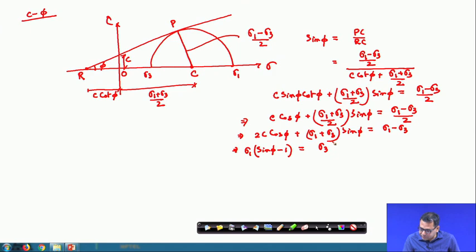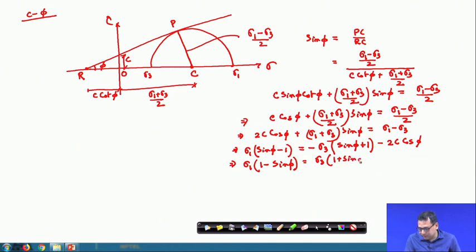So, this will be sigma 3 minus sin phi, this is also sigma minus, so plus 1, okay. And again the minus 2c cos phi part. Now, if I take minus common and cancel from both the sides, this will be sigma 1 (1 minus sin phi), that will be sigma 3 (1 plus sin phi), that will be plus 2c cos phi.